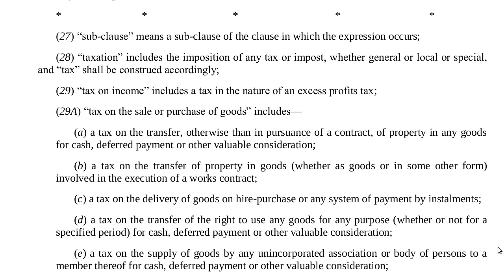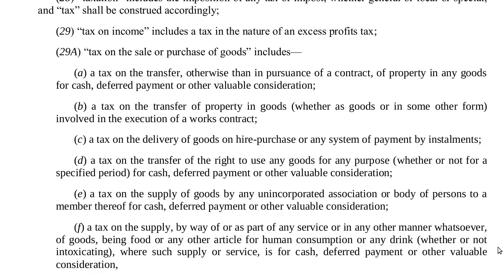29A. Tax on the sale or purchase of goods includes a. a tax on the transfer, otherwise than in pursuance of a contract, of property in any goods for cash, deferred payment or other valuable consideration; b. a tax on the transfer of property in goods, whether as goods or in some other form, involved in the execution of a works contract; c. a tax on the delivery of goods on hire purchase or any system of payment by installments; d. a tax on the transfer of the right to use any goods for any purpose, whether or not for a specified period, for cash, deferred payment or other valuable consideration;